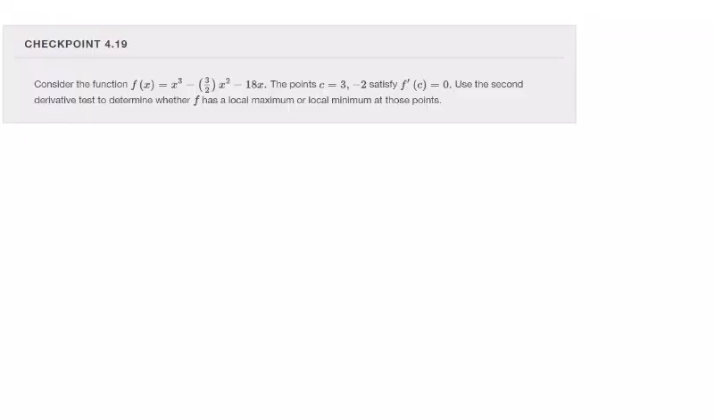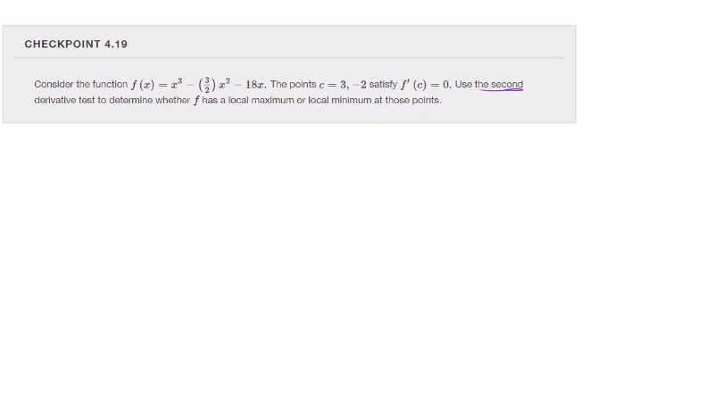All right, here's one that's kind of nicely set up for you. They kind of cut to the chase a little bit. So they give us a function, f of x equals x cubed minus 3 halves x squared minus 18x. Kind of looks familiar. And then they tell us the points where the derivative is equal to 0. So it says use the second derivative test to determine whether f has a local maximum or local minimum